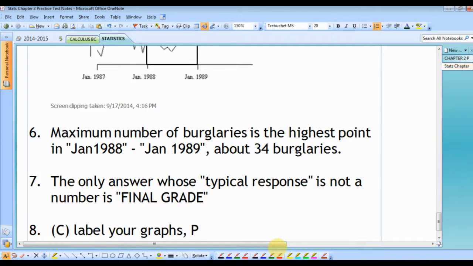Oh yeah, when you see bar graph, you guys look up. No, when you see